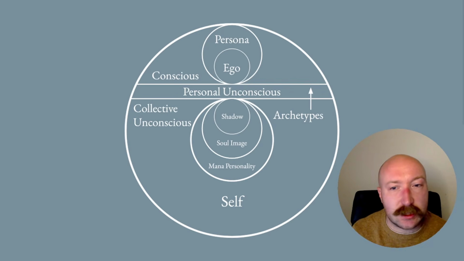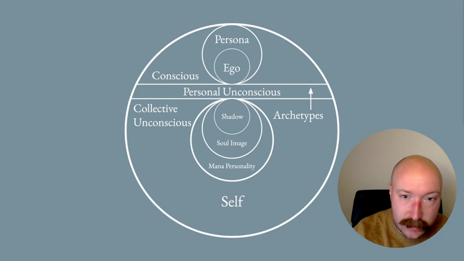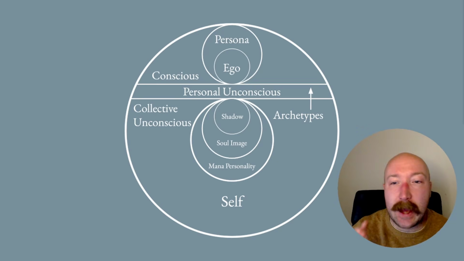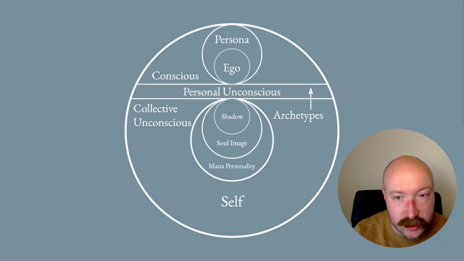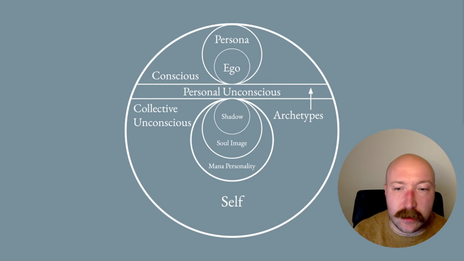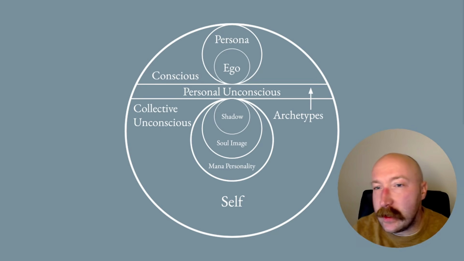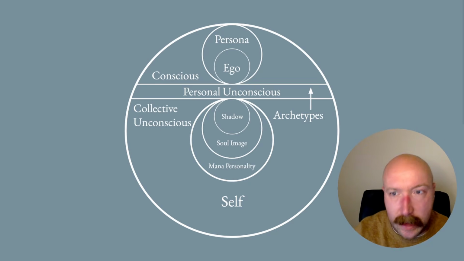Okay. There isn't this kind of degradation of these things here. Without it, we'd have no coherence. We'd have no ability to function in the world because we would not have that continuity of identity. But the ego is not the center of the psyche as a whole. It's the center of consciousness, but consciousness is just one part of a much larger system, as you can already see. So Jung compares the ego to a cork floating on the vast ocean of the unconscious. The ego likes to think it's in charge, that it's the captain of the ship, but really it's subject to currents and forces it barely understands.